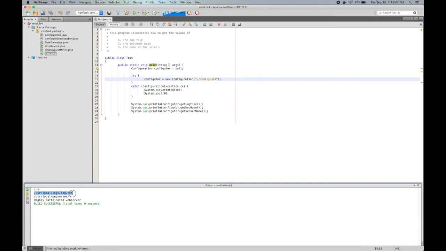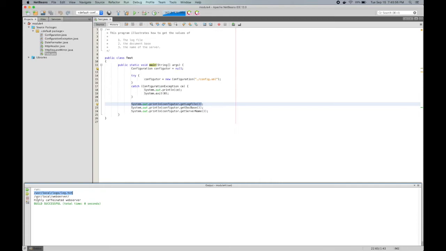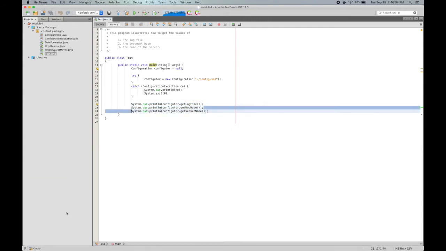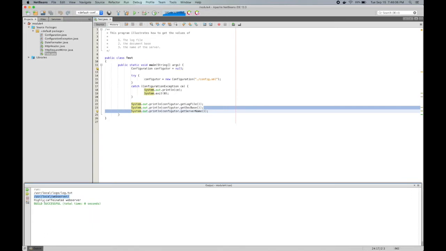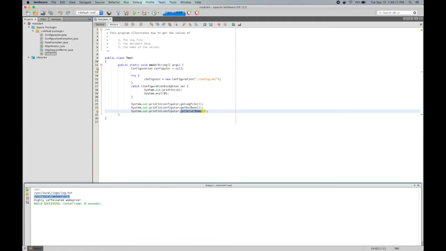So this is what you should see: 3 lines of output. One actually will show you the local log folder, which at the moment you don't need to worry about. Just know that this is the output you should receive. So when you run this program, you should make sure that you see these 3 lines. If you see the build to be successful and you run the program and everything looks pretty good and successful,